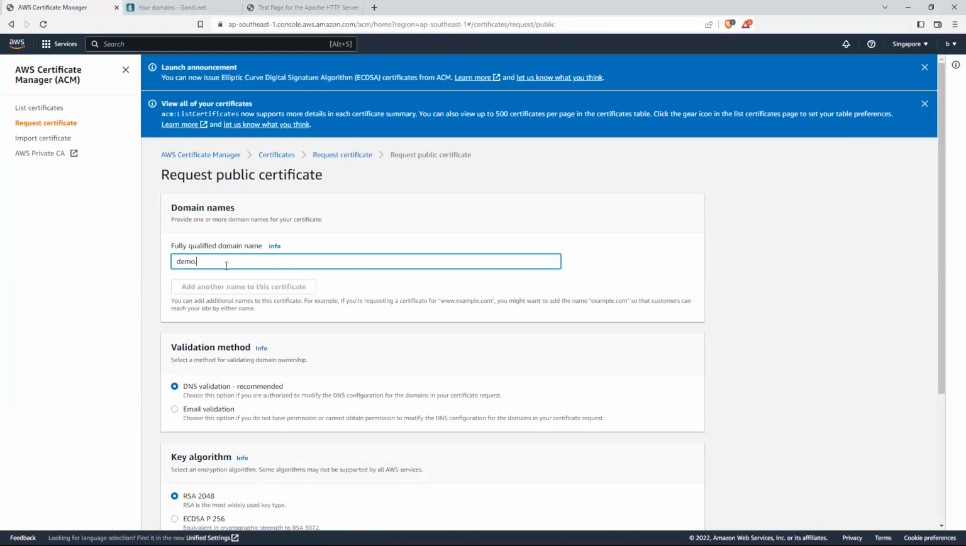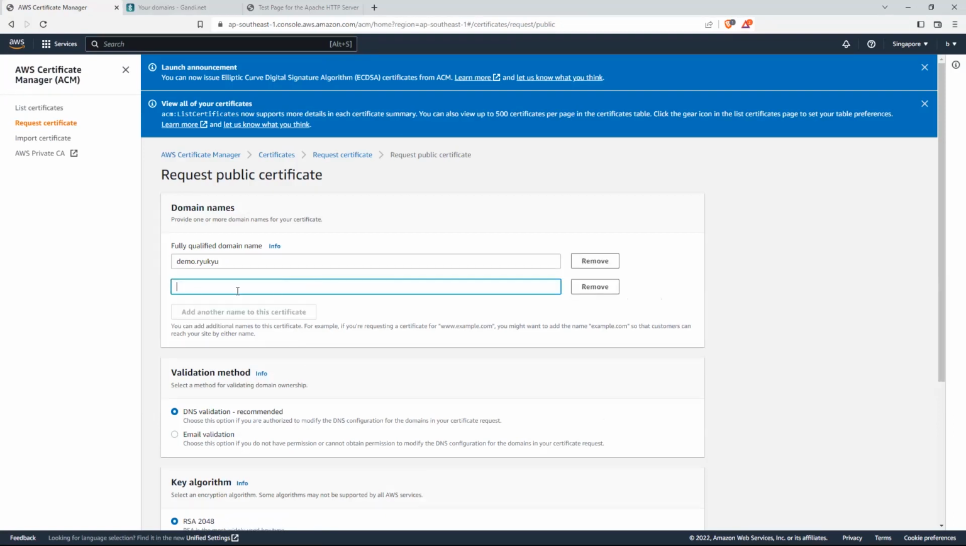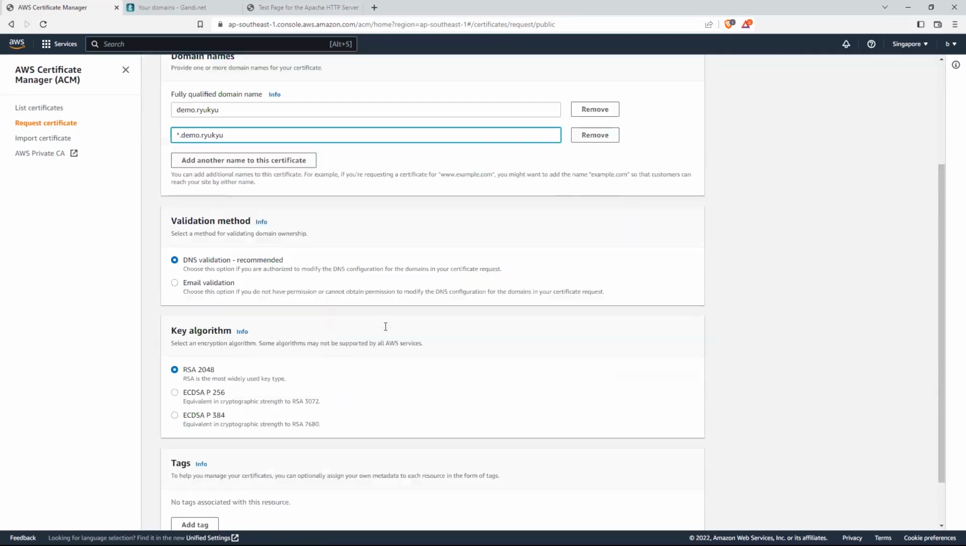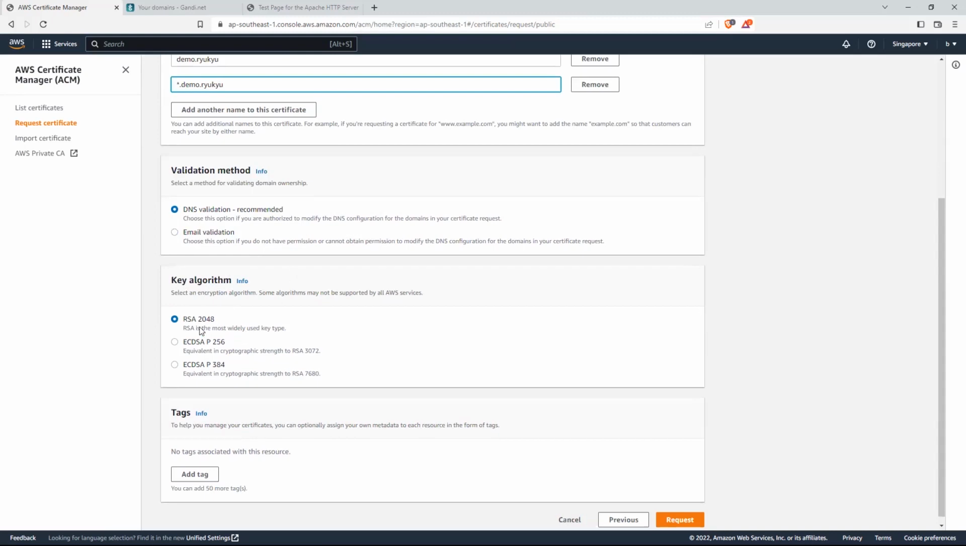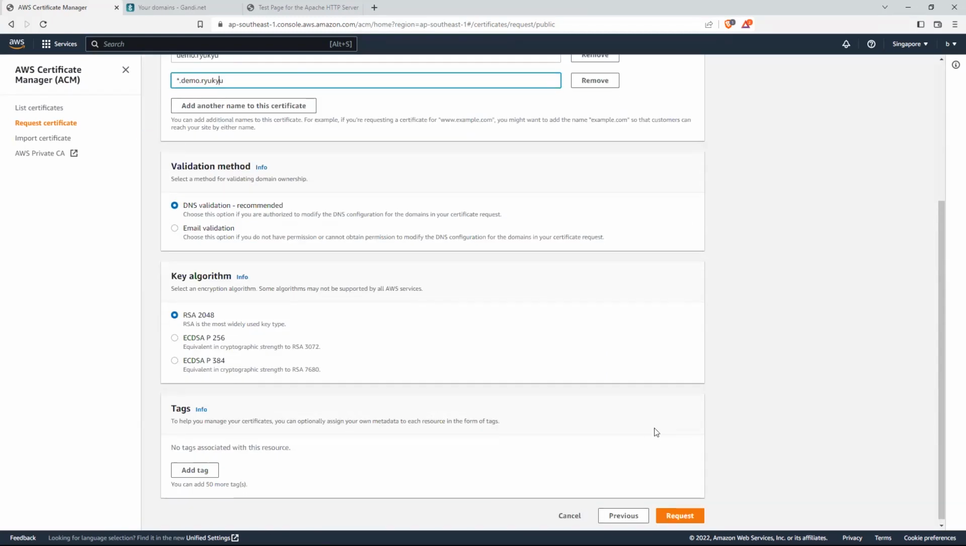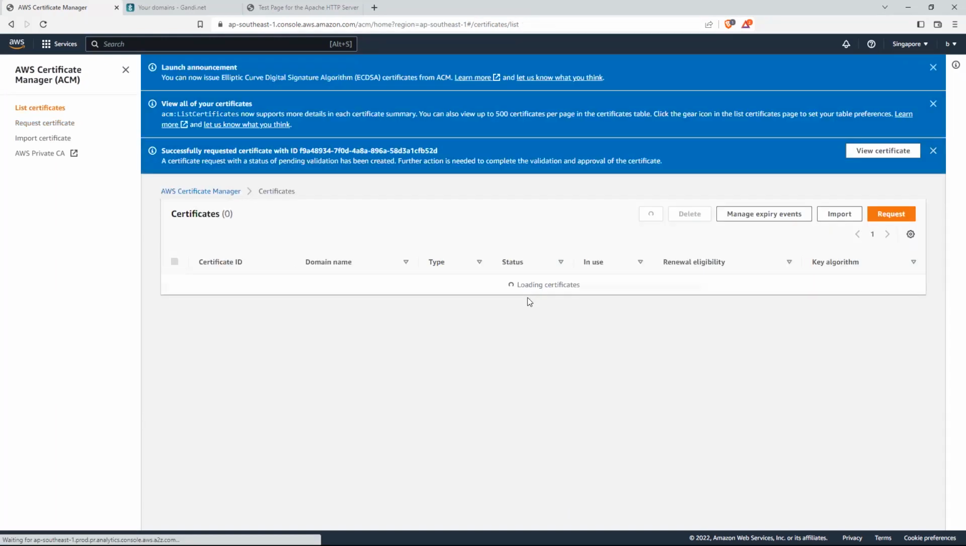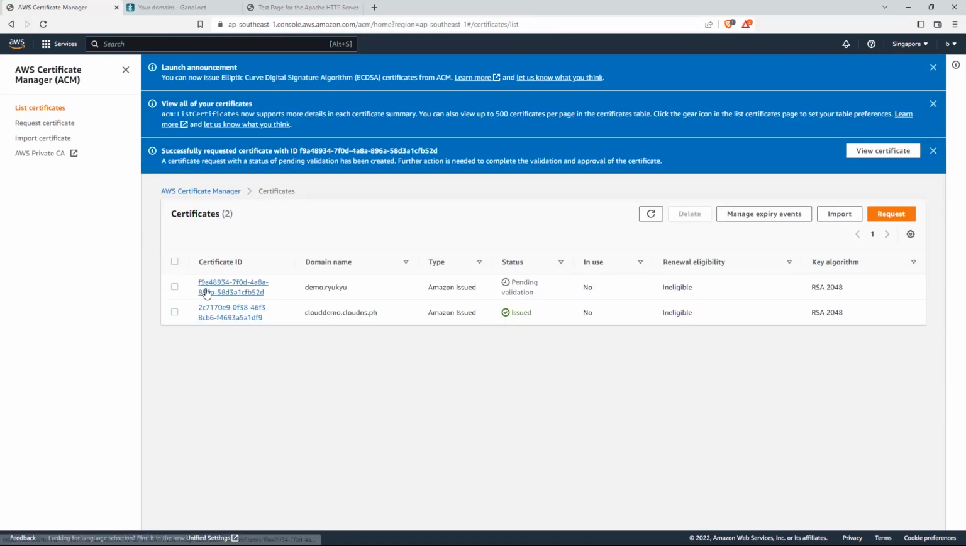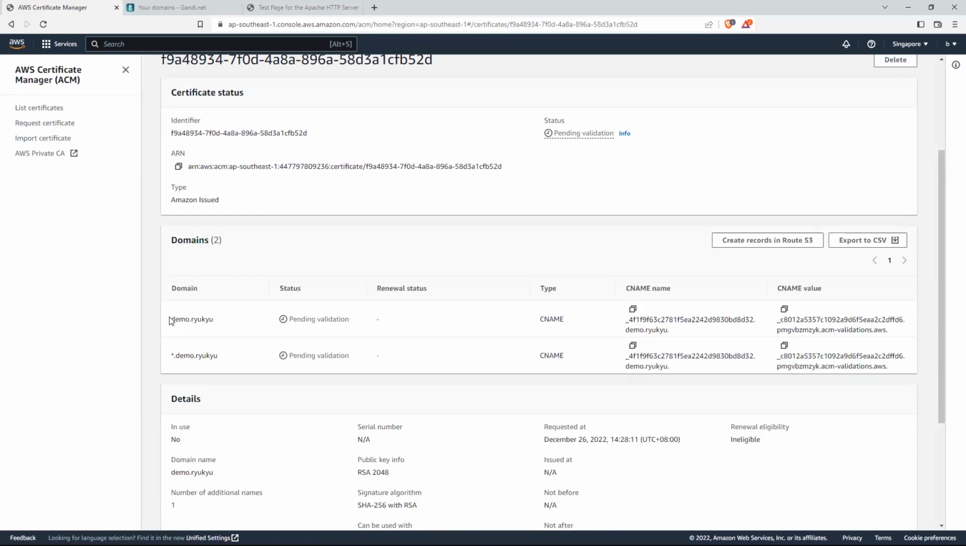The domain name that you want to create is this. You can also add another one, which is this. This is the wildcard, so it means that anything that comes before this domain name will also be registered as well. Okay, so DNS validation. Once you're okay with this, you can just click request. Just refresh, and then you can click on this and you see that it has created two certificates for